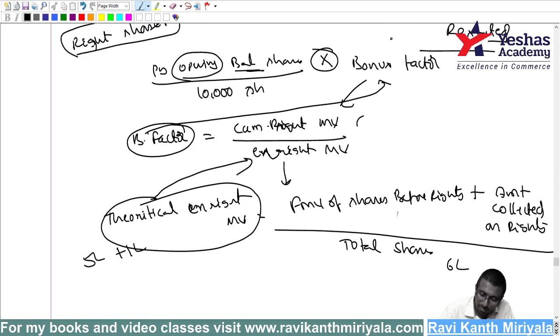Here I told you, you multiply the bonus factor with the previous year balance number. Blindly you follow, because sometimes even if you explain the logic, people get confused. That's why I don't want to explain that. You just follow the formula. At the end of the day, what you write in the examination is important rather than what you know. Logic, I know very good logic, sir, but I couldn't write in the exam, sir. Useless, obviously, any day. That's why, my dear.